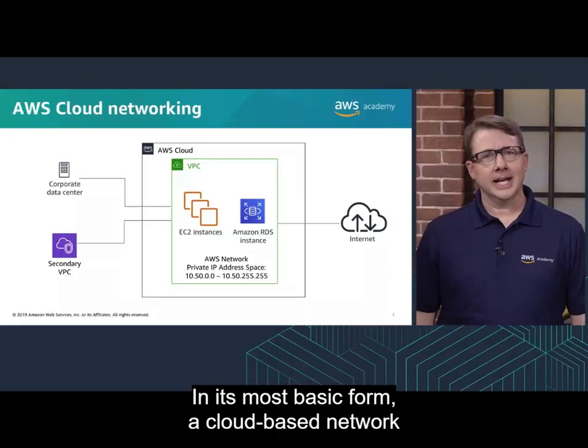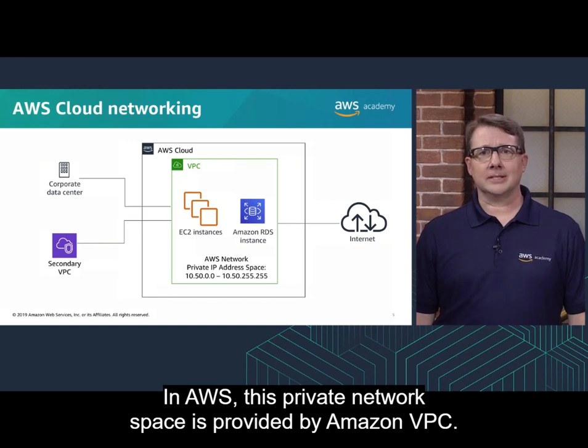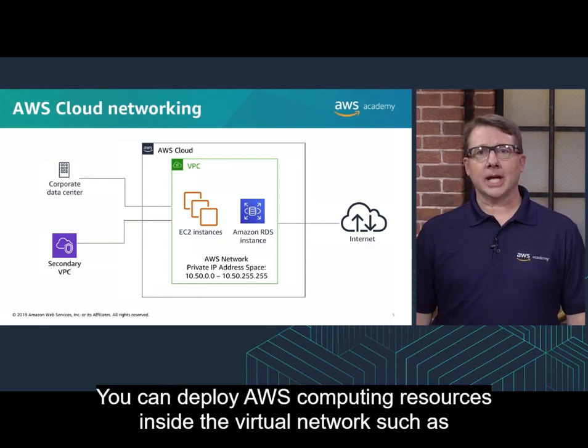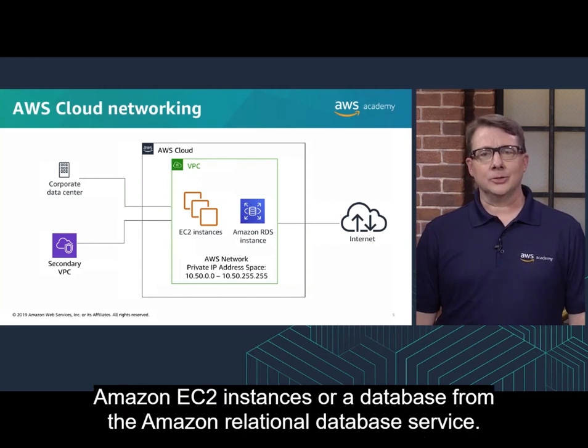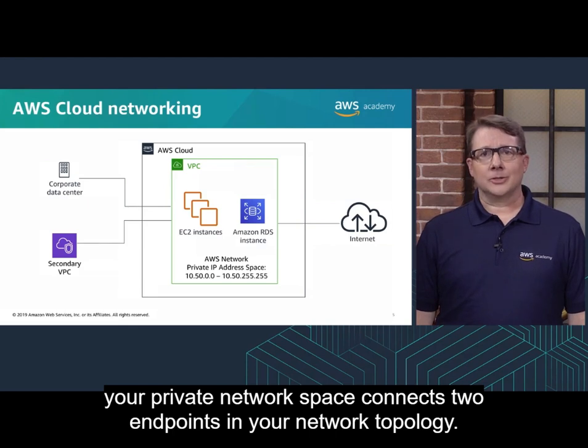configuration settings. In its most basic form, a cloud-based network is a private IP address space where you can deploy computing resources. In AWS, this private network space is provided by Amazon VPC. With a VPC, you define a virtual network in your own logically isolated area in the AWS cloud. You can deploy AWS computing resources inside the virtual network, such as Amazon EC2 instances or a database from the Amazon Relational Database Service. You can also define how and whether your private network space connects to endpoints in your